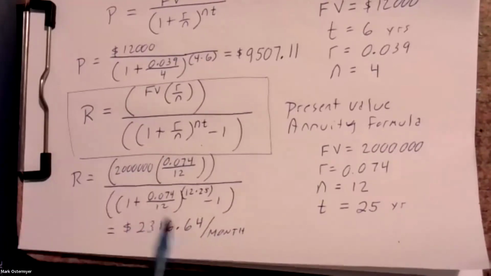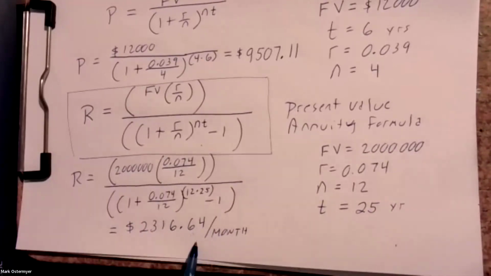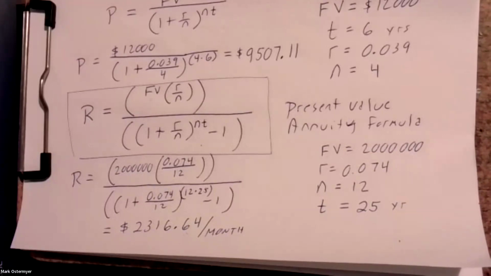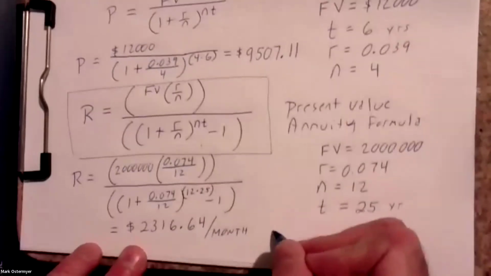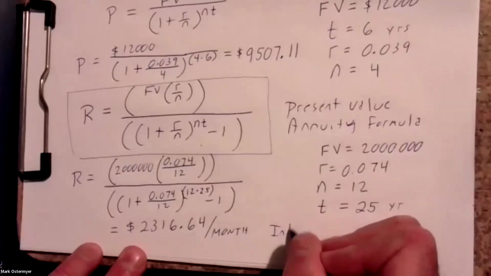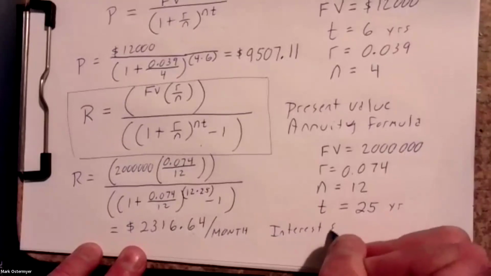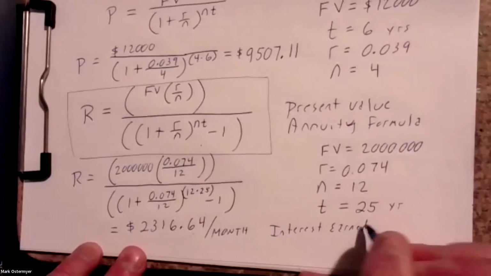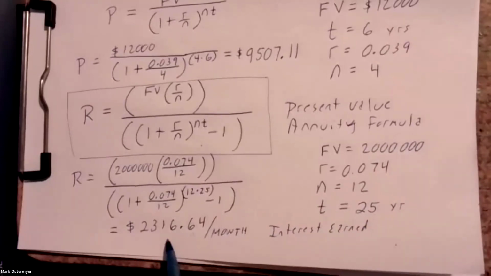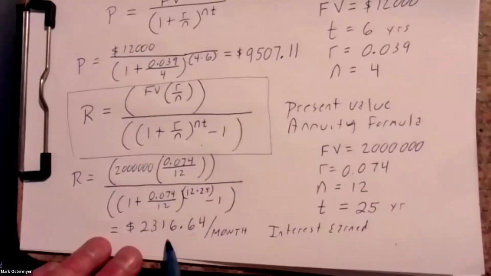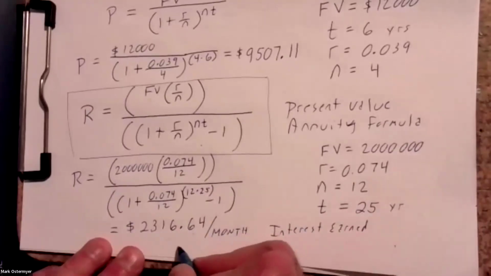If we made this monthly payment for the next 25 years, we would have $2 million in our account. So I have a question for you. How much interest will have been earned? I am dying to know. Look, if we just made this payment every month for 25 years, how much will we have invested out of our pocket? That would be